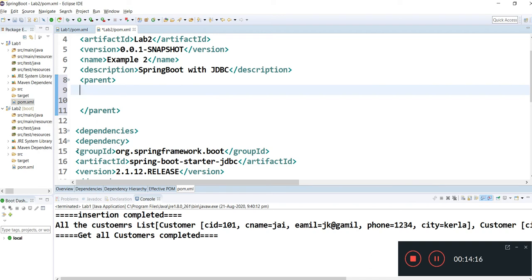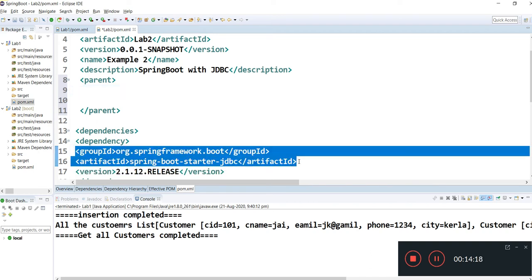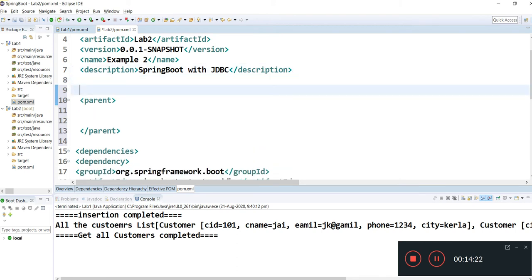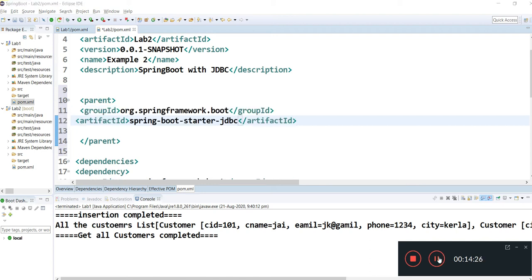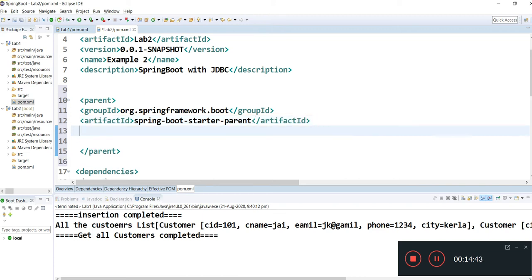You need to start with your parent. So you can mention over here, like boot, instead of JDBC you can mention parent. Then you can mention the version.